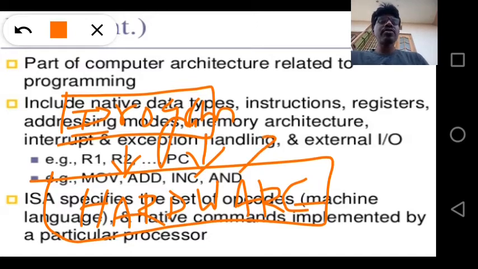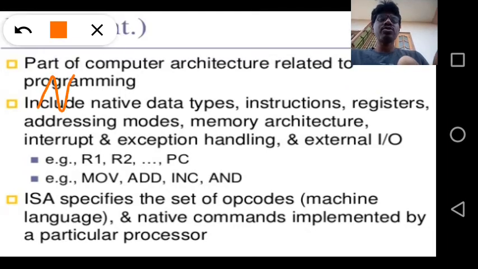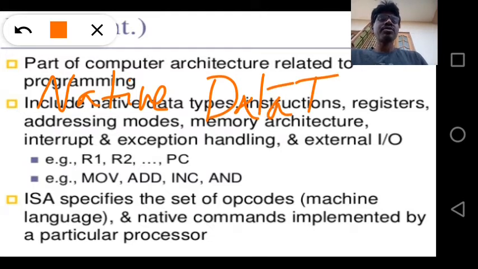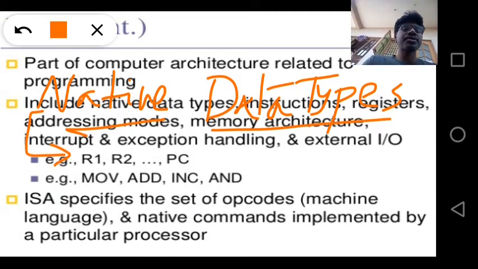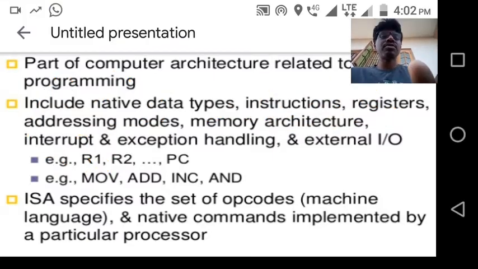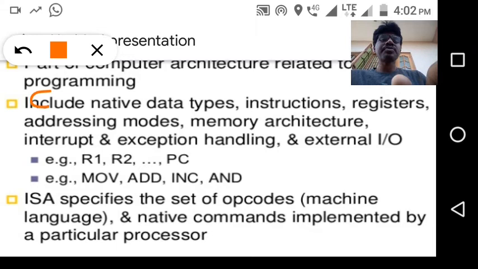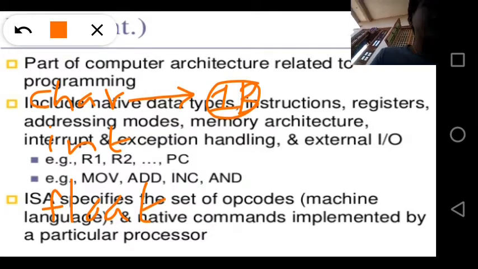Why? Because the hardware includes native data types. Examples of native data types are character, integer and float. In general, the character takes 1 byte of memory, and of course it is dependent on the